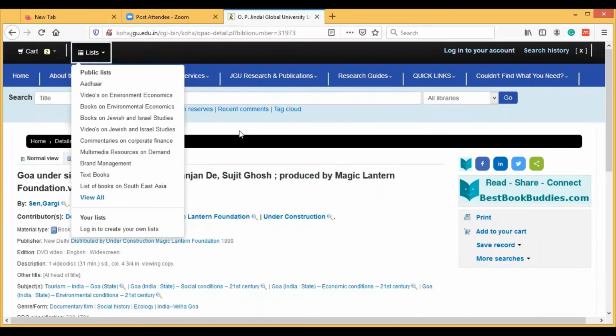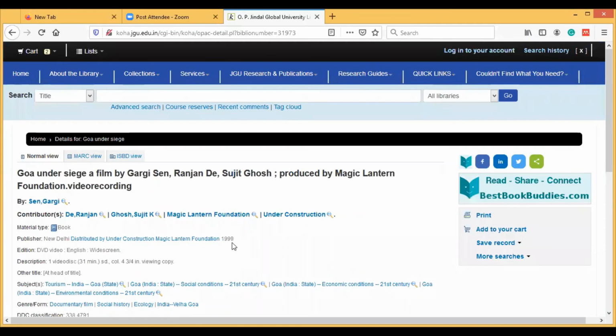One thing I want to add is that we are providing you user assistance right now through VRL as well as MS Teams. So you can always connect to the staff on duty, and the timing is Monday to Saturday from 9 a.m. to 9 a.m. So if you have any issues, you can always connect to the staff.